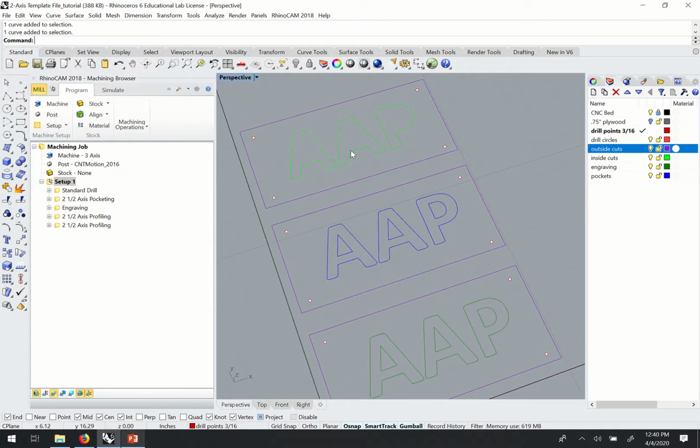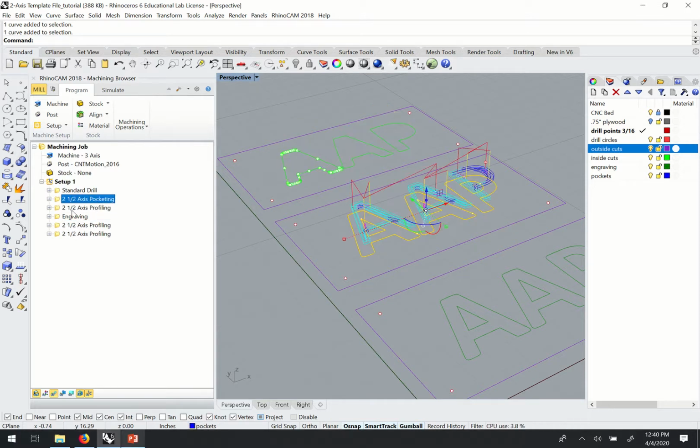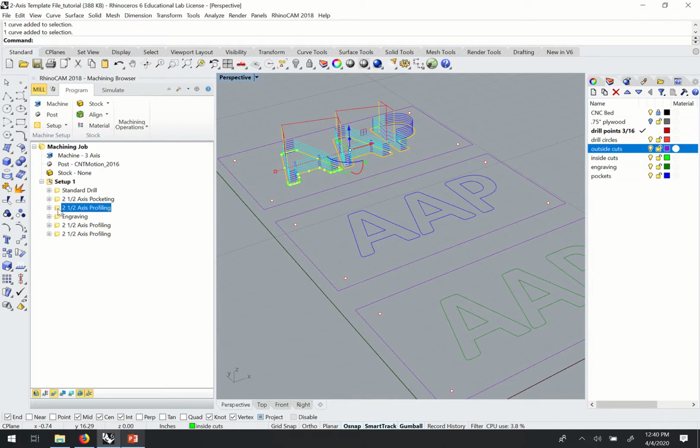But I can save time if I go to my inside cut operation that I have up here. What I can do is select the folder, so I want to make sure that I'm clicking on the folder, that will highlight the operation blue. If I Control C, Control V, that will paste a new copy of that inside profiling, and I can drag this up underneath my pocketing, and if I double click